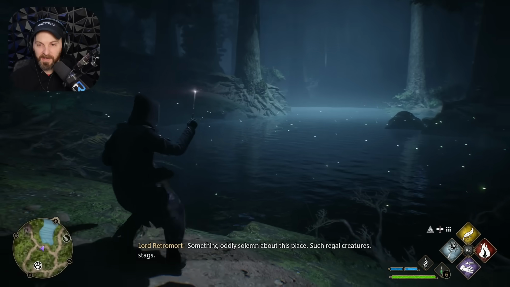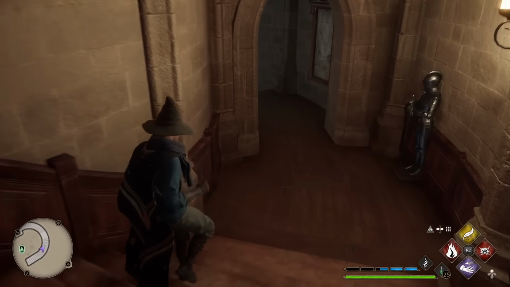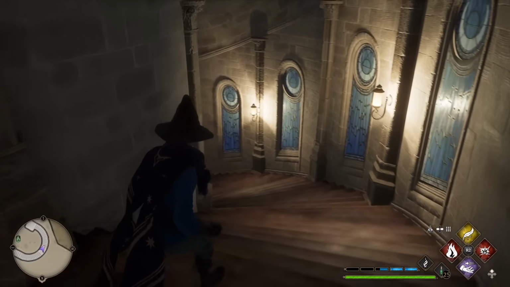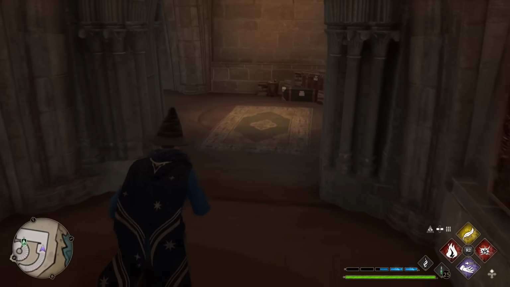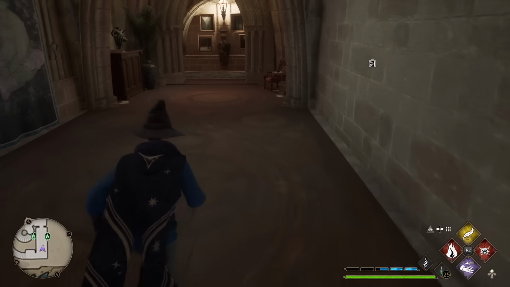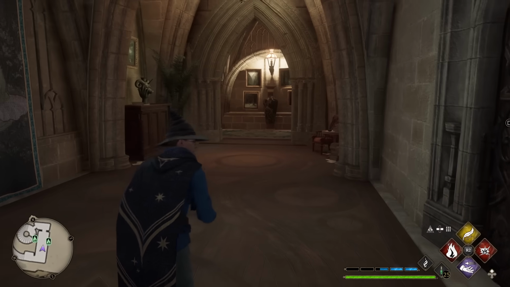Such regal creatures, stags. Avalanche Software has started doing their own Twitch live streams for the game, and in their most recent stream, they teased an Easter egg I haven't seen anyone else talking about yet. I was actually in the chat trying to get them to answer this question: are there secrets we haven't found yet? Of course, Peeves had to get in the way and distract right after I asked the question, but eventually,